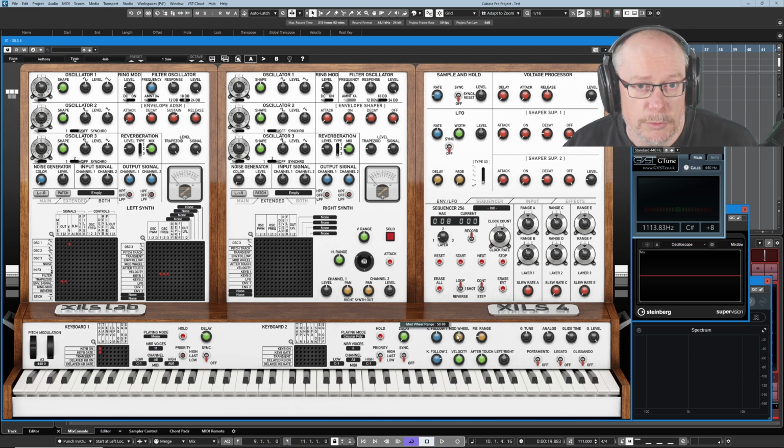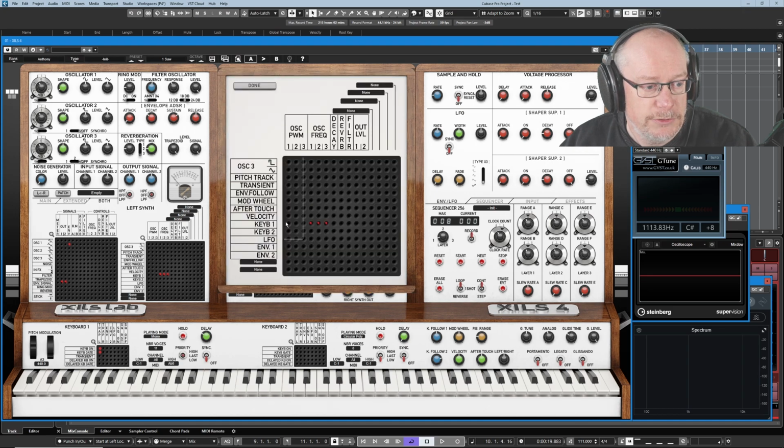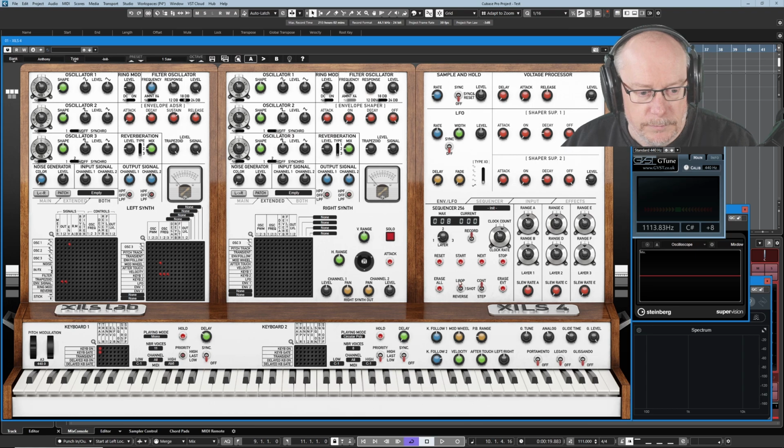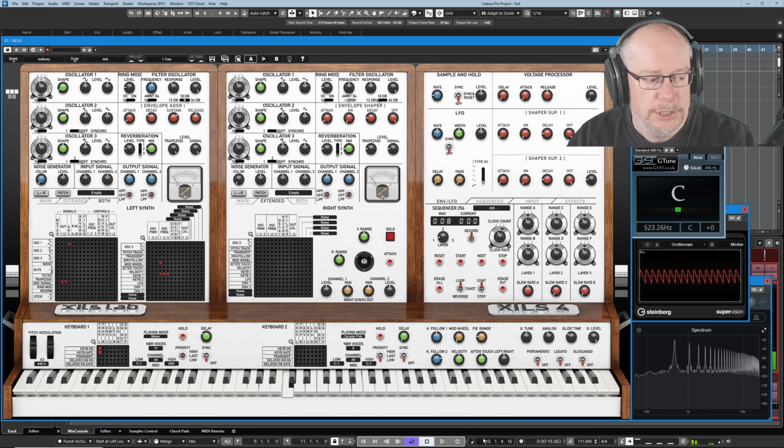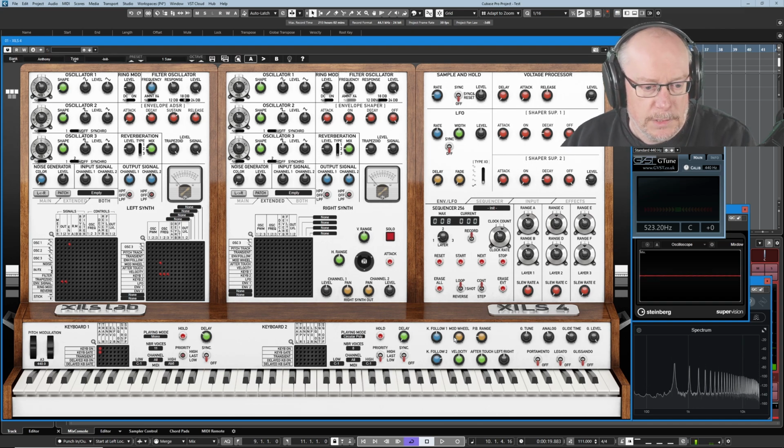To the right of that we've got mod wheel, which is exactly the same kind of thing, but this time we're going to assign it to the mod wheel. So let's dive into our matrix. We'll map mod wheel to oscillator pitch, and with mod wheel turned all the way down, play a note. Turning my mod wheel up and down, no difference whatsoever. As I increase the control,